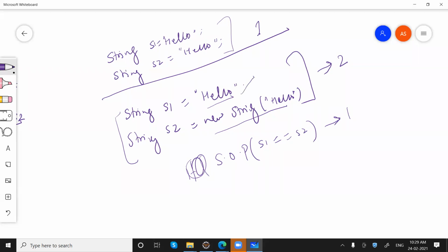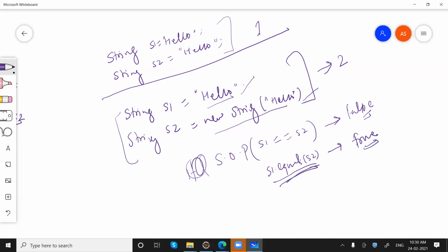This will be created in the constant pool and this will be created inside the heap. So we can say it will be false. But if I say s1.equals(s2), it will give us true because both have the same content. So whenever you want to check the content, you can just use the equals method.